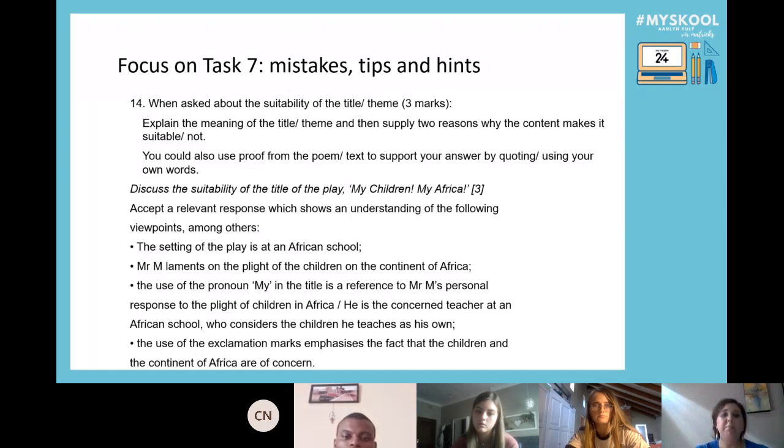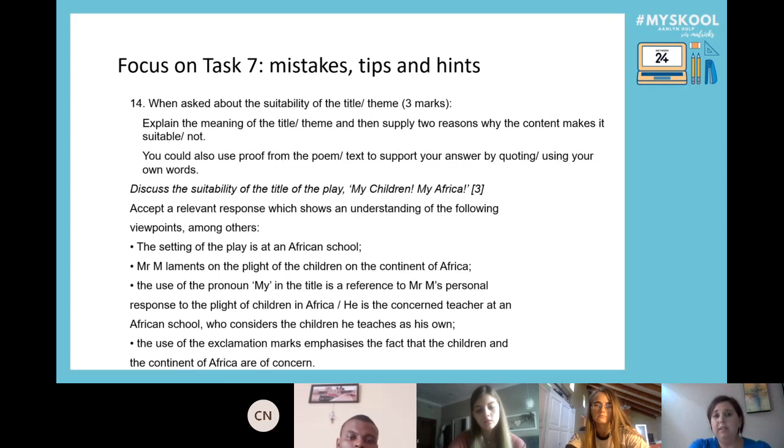The use of the pronoun my in the title is a reference to Mr. M's personal response to the plight of children in Africa. He's the concerned teacher at an African school who considers the children he teaches as his own. And the use of the exclamation mark emphasizes the fact that the children and the continent of Africa are of concern. Okay, so